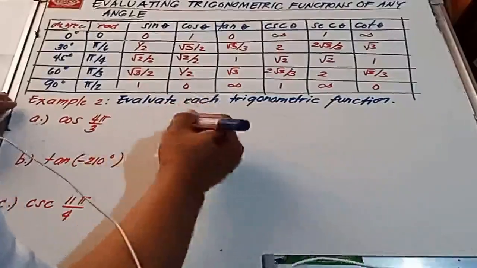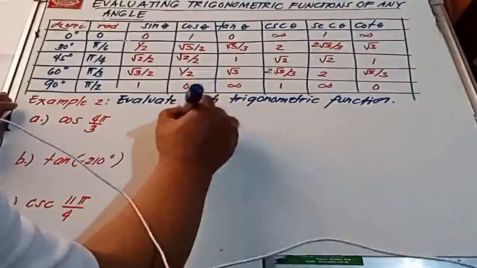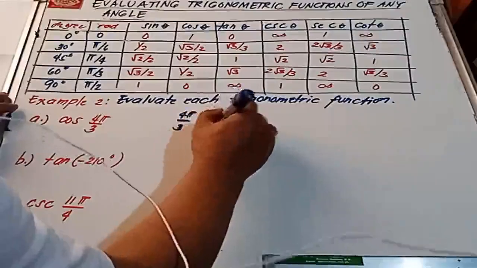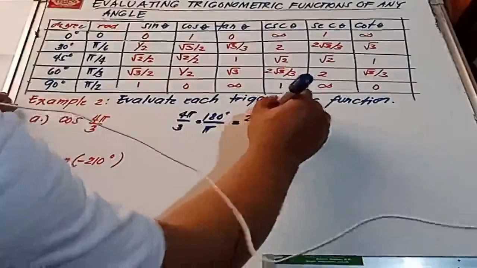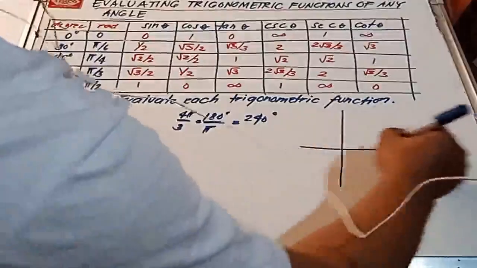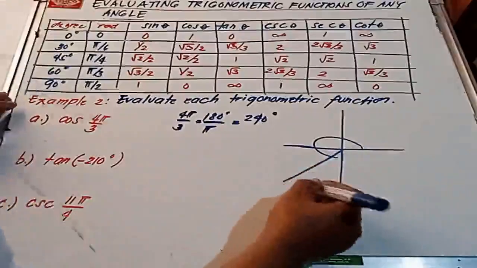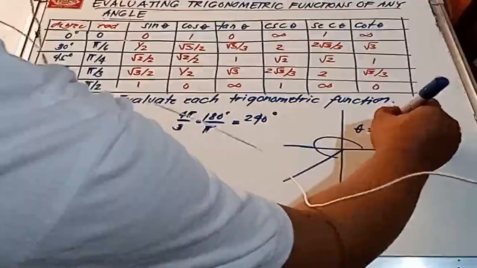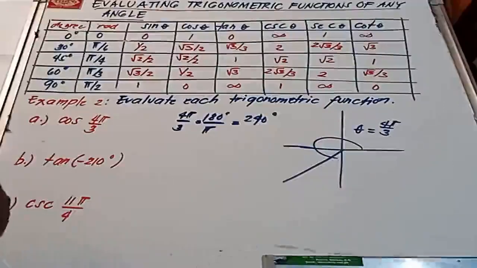So, convert natin. We have 4 pi over 3 times 180 degrees over pi. That is 240 degrees. So, tama ako. More than 180 degrees. So, naandito yung ating angle 240 or 4 pi over 3. Ayan. Evaluate natin. So, this is theta, na si 4 pi over 3, which is also the same as 240 degrees. Now, ano yung kanyang